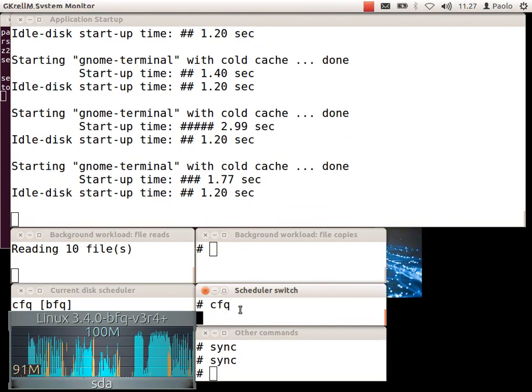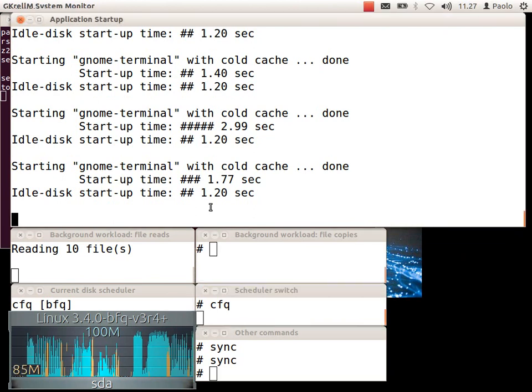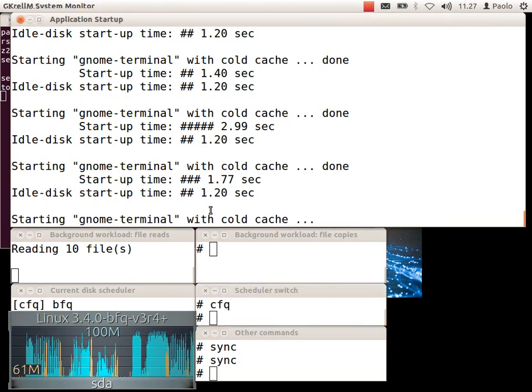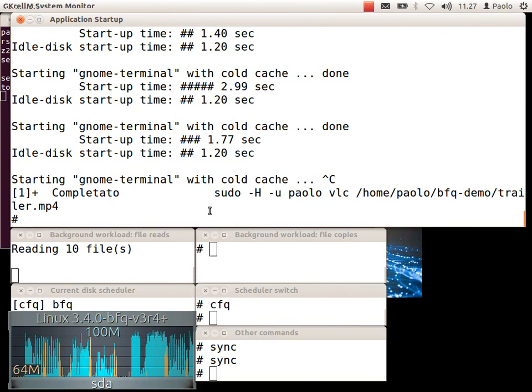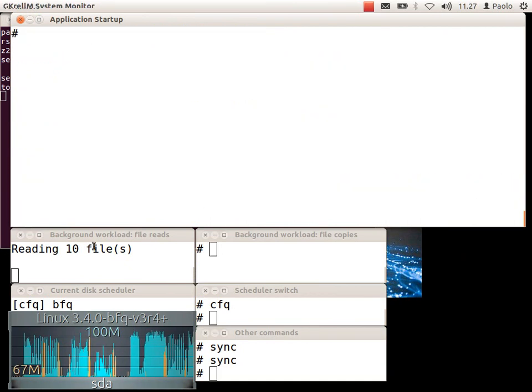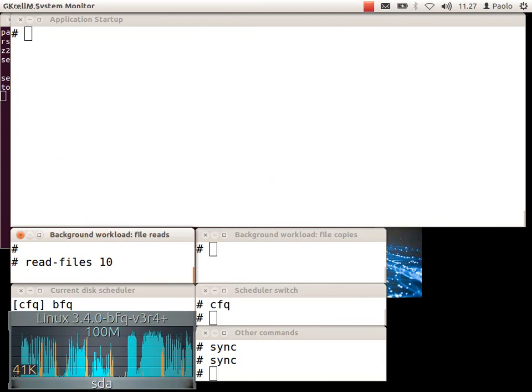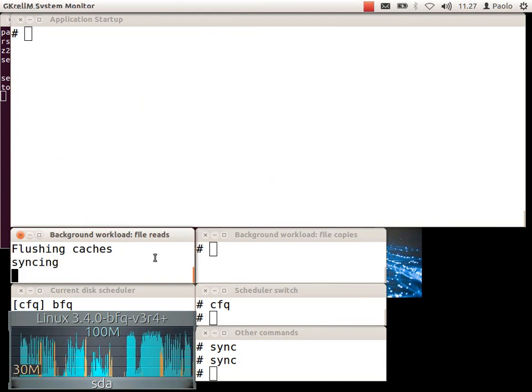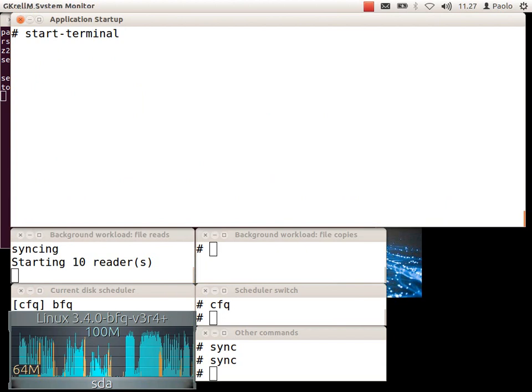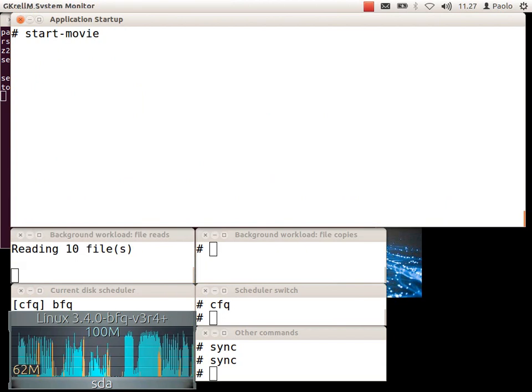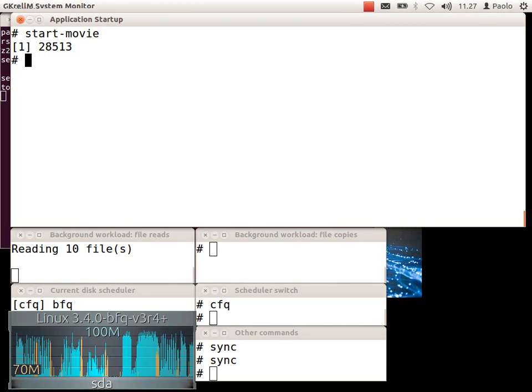Here we go. Of course, everything becomes slower. Let's restart everything from scratch, so we put both schedulers in the exact same condition. So first the background workload, then we start the movie and see what happens. Get ready for something bad,